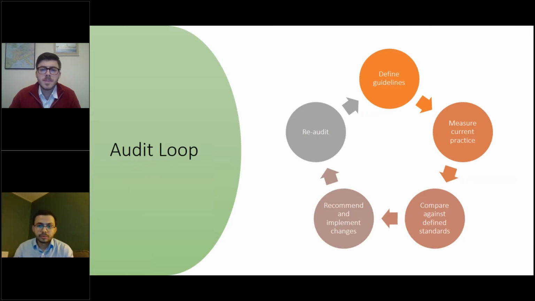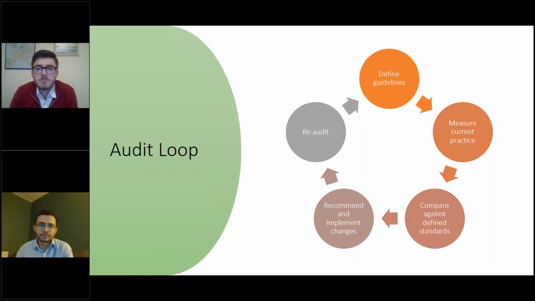Okay, so talking about the audit loop, we start at the very top. The first thing you do is to define the guidelines against which you wish to measure the current practice. Then you move on to actually collecting the data itself. You want to know what practice currently looks like and how we're doing. Then you will compare this against the guidelines that have been published, and then depending on what you find, then